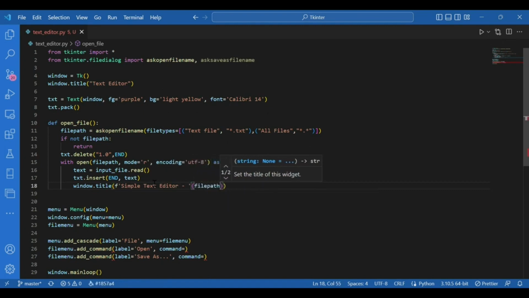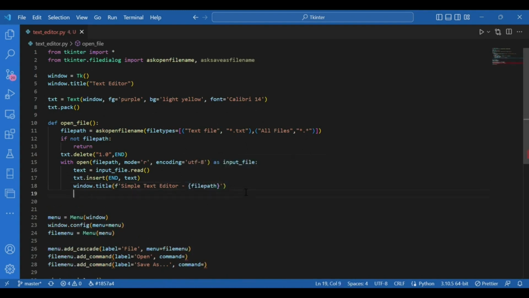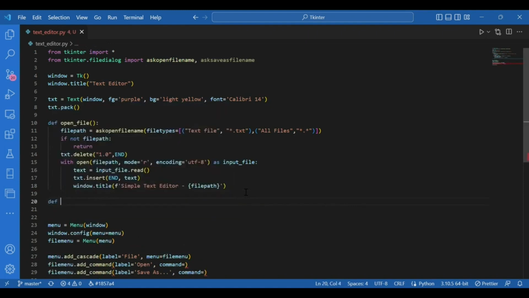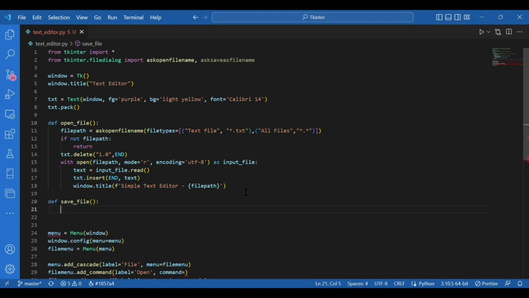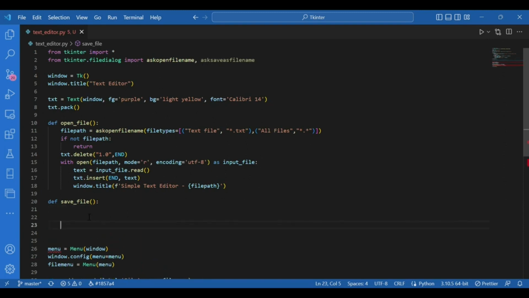Now very similarly, I should define the save file function too. So I'll write def save underscore file and brackets. Okay, so this would be for saving the current file as a new file. Firstly, I need to create the file path to get the location of the file to be saved. So I'll write file path equals ask save as file name,